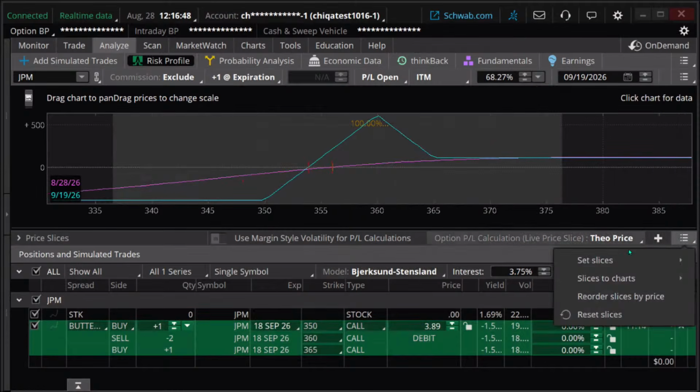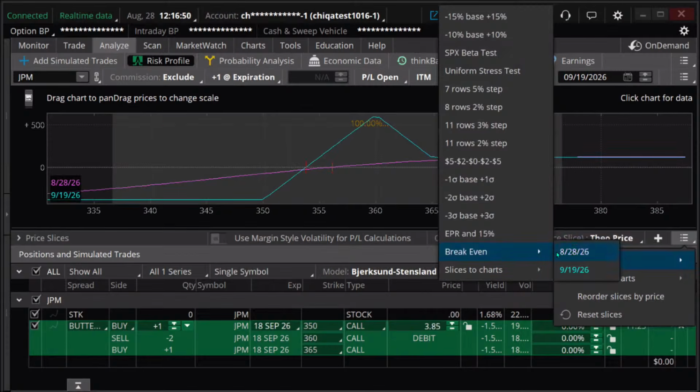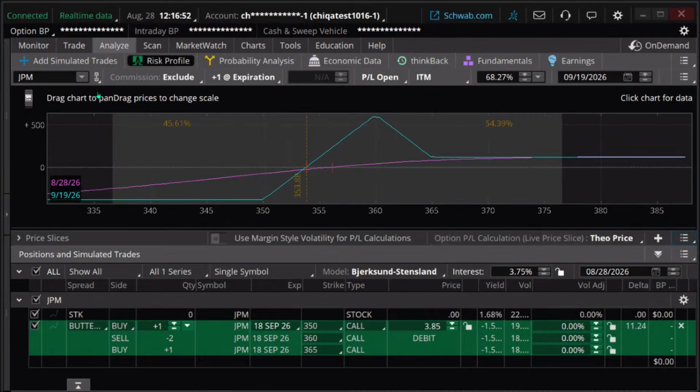And I'm going to set my slices to break even. Now, I neglected to look at what the initial probability was, but it wasn't going to be great. But here we have about a 54% chance of break even or better. Key points on this. Our middle strike, remember, we set our target zone. Here's our target zone, right there where our middle strike is. Okay, so that's your target strike.